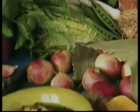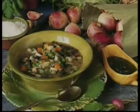So I cooked this for Pierre Franey recently. I did a thing for the New York Times where they have a section called Great Chefs, Great Cooks. They called me one. Anyway, so I went over to Pierre's house and we cooked this meal, and I made